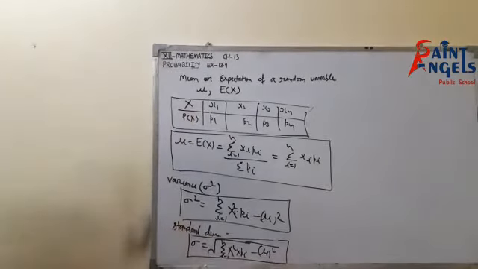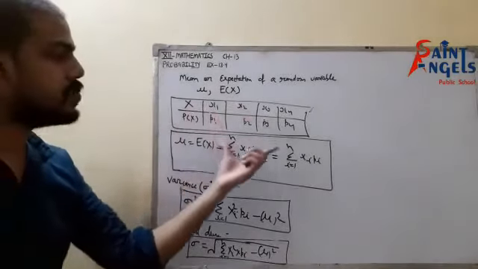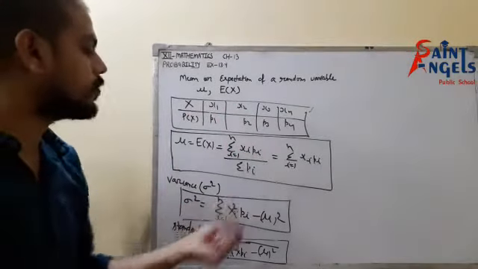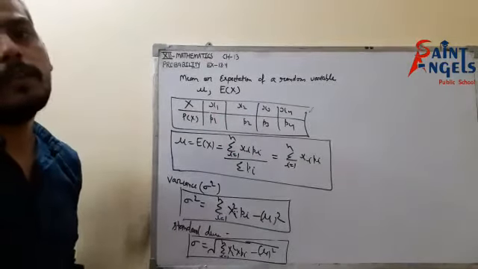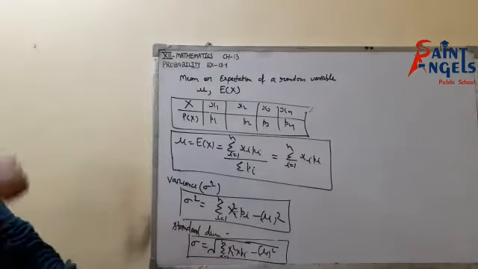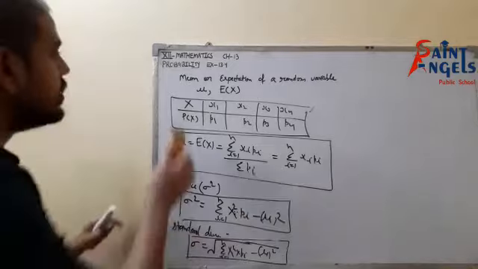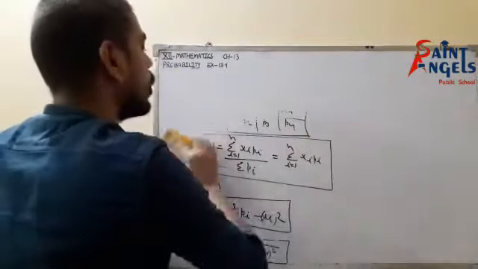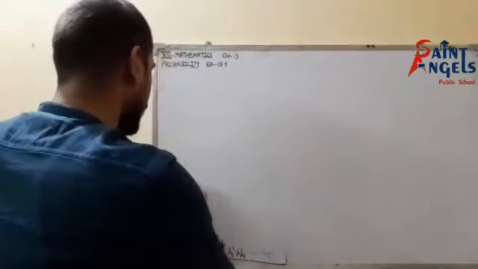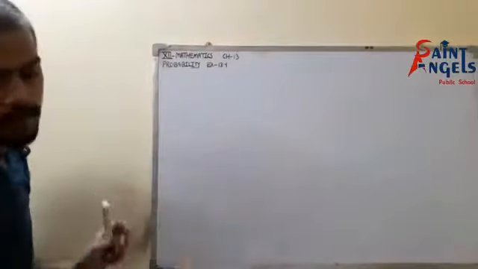Very easy questions. First of all, we have to find the probability distribution. Then by applying all these formulas, we can easily find the mean and variance. Now I will solve only 1 or 2 questions. The rest you have to do in your homework. Very easy questions, you can easily solve them. Okay, so now we'll take a question on the basis of mean and variance.